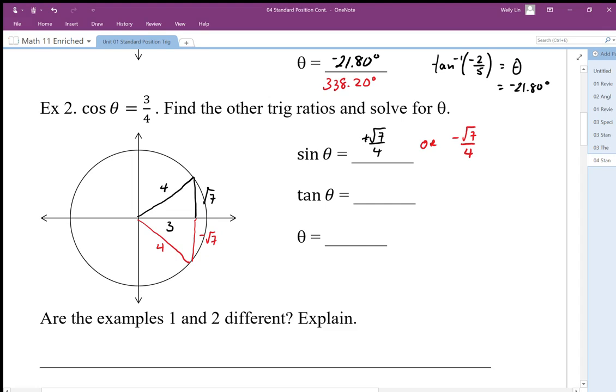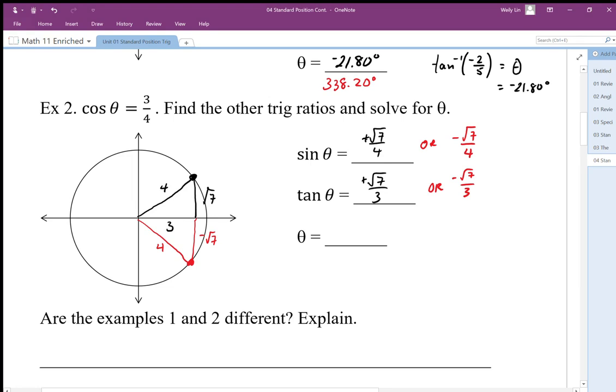Same with the tan. The tan here could be from this black position, which could be positive slope. So in this case, it's going to be positive √7/3. But the tan could also be in the red position here, which gives us a negative slope, which is negative √7/3. So because this quadrant's not specified and positive cosine can be in two different quadrants, we have to